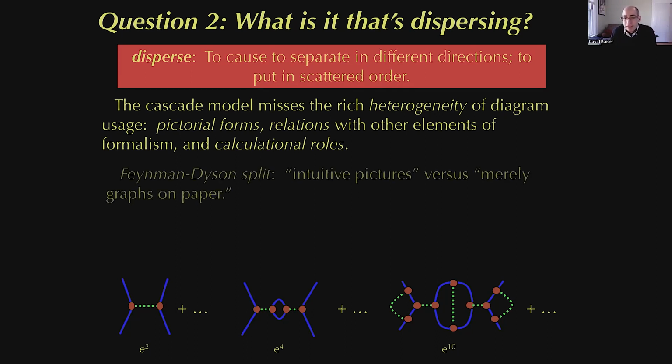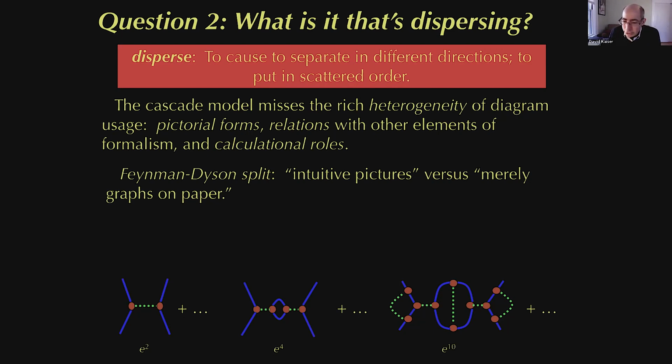And that had a few different seeds. What was driving the distinctiveness of what people did with the diagrams? There were a couple of ingredients. One of them was that Feynman and Dyson themselves held pretty different ideas about what the diagrams really represented or how they should properly be interpreted. So Feynman always talked about them as intuitive pictures, and I think that's fair. We can see where it's coming from. This is a story that he would often act out, as I tried to do in my little Zoom chair. The electron spits out a photon, it recoils here. They were very animated tales of things unfolding through space and time.